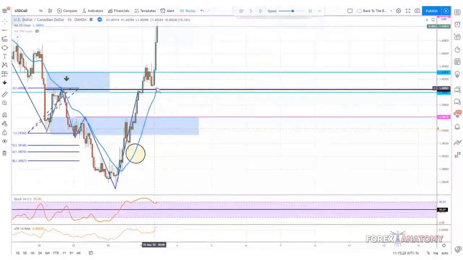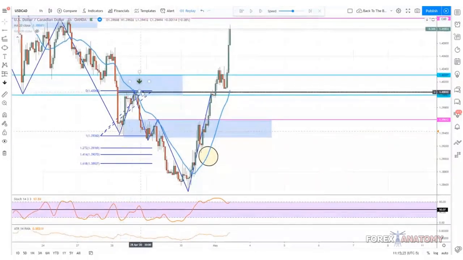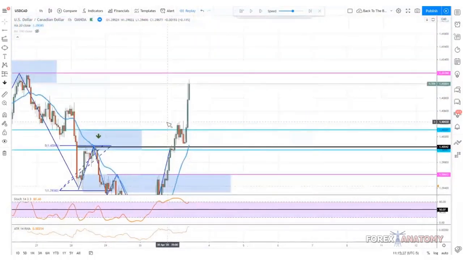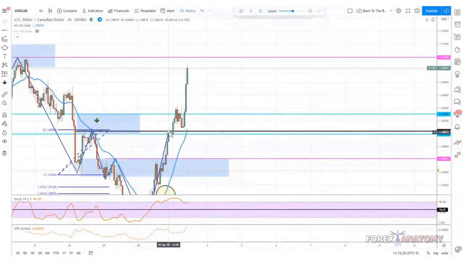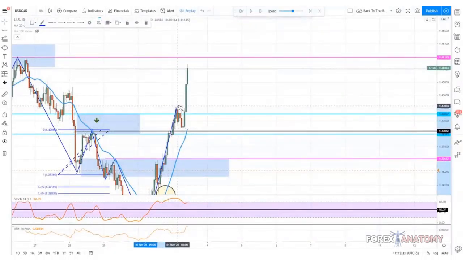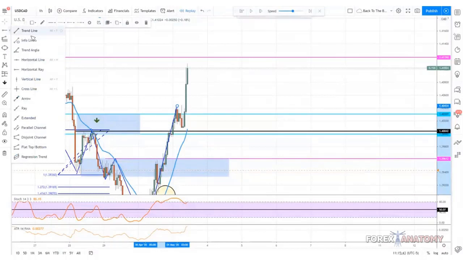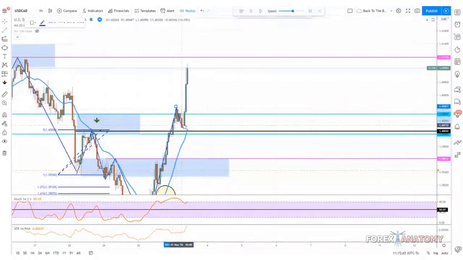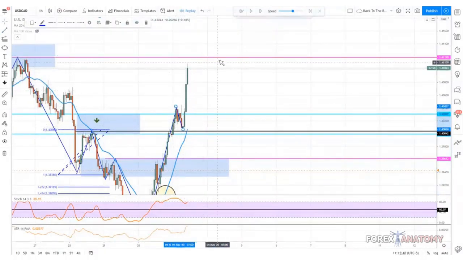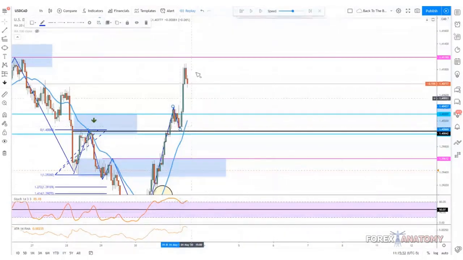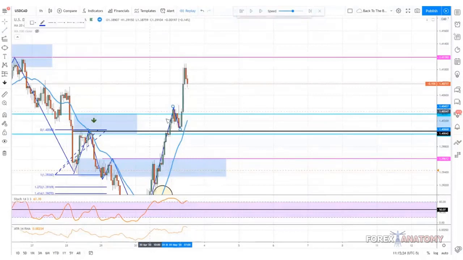As you guys can see, price did respect this area, this structure right here, and then it pushed higher. It respected this last swing high, right? So now what we could do is just draw in our waves again. We'll just modify our waves. Okay, we got this right here, and then we'll drag this lower right here, and now we have this push to the upside. Okay, let's see if we get a 2-bar pullback. We do get a 2-bar pullback. So now we can draw in this extension, and now we look for the next area of support.